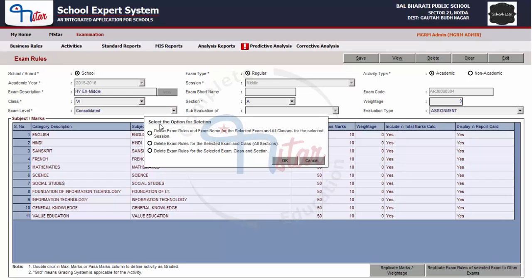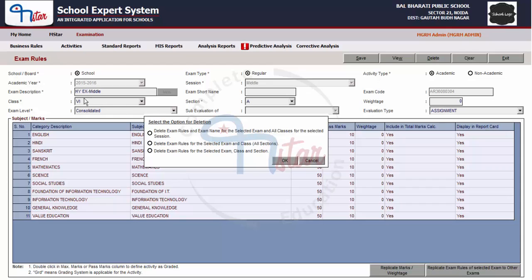and a small box showing 3 options will appear. Let us review these 3 options. These are the 3 deletion options which are available for deletion of exam rules. The first option is delete exam rules and exam name for the selected exam and all classes for the selected session. This option will delete the exam rules for all the classes and class sections of the selected session for the selected exam.